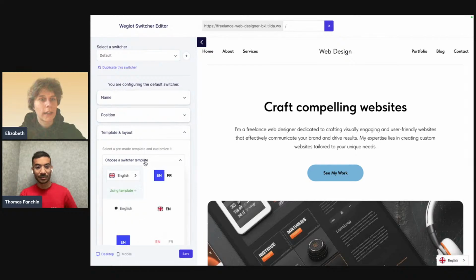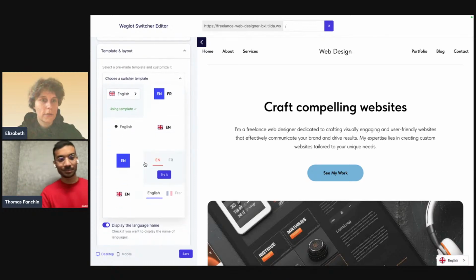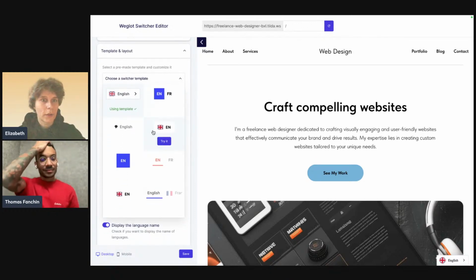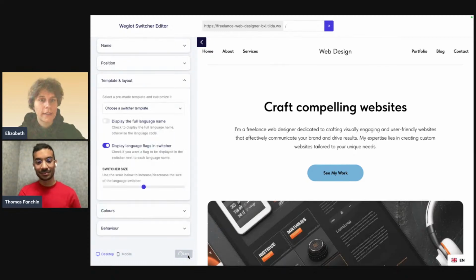Very nice. And these are the switcher templates that I can choose. And for example, I will go for this minimalistic, nice switcher. I save it, and